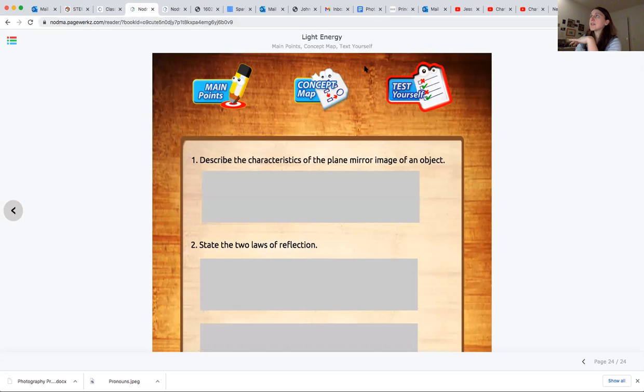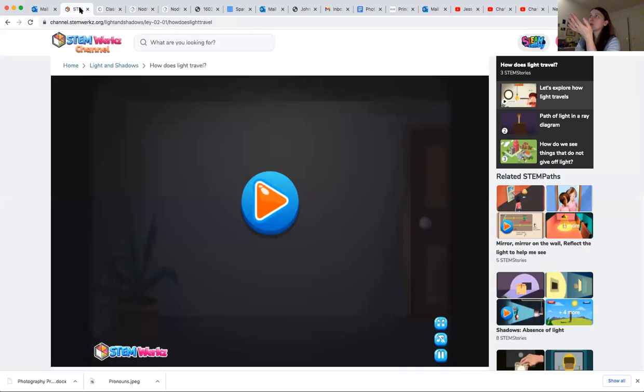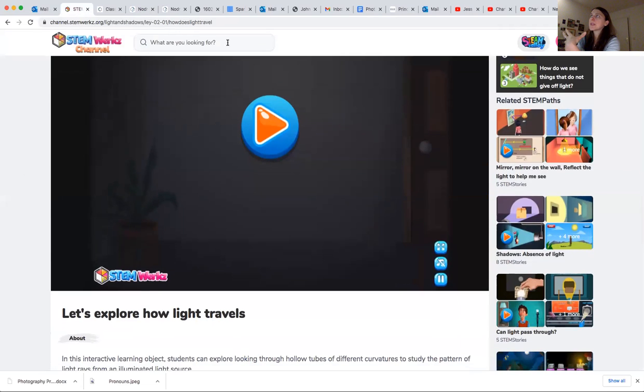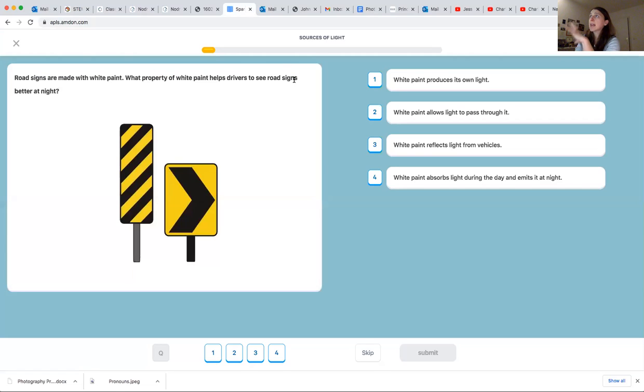Okay, so I'm going to stop there. So yeah, Light Energy is a really good book to use for experiments. I would recommend it. And again, obviously use it with the SEMWorks channel, and going back to apples, you use apples not as a teaching tool on its own, because it's a little bit restricting if you just use it as a teaching tool, but really use that for diagnostic to see where they are,